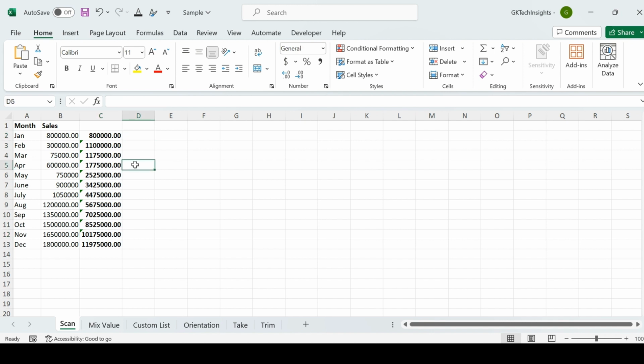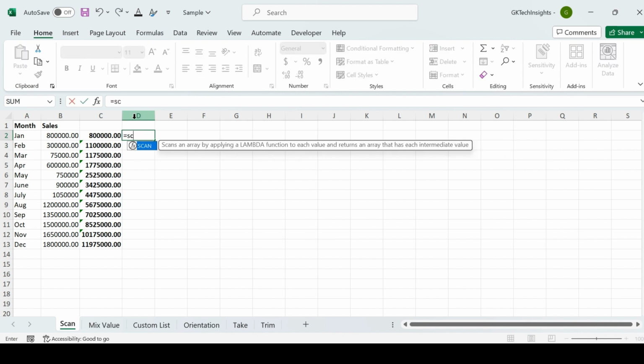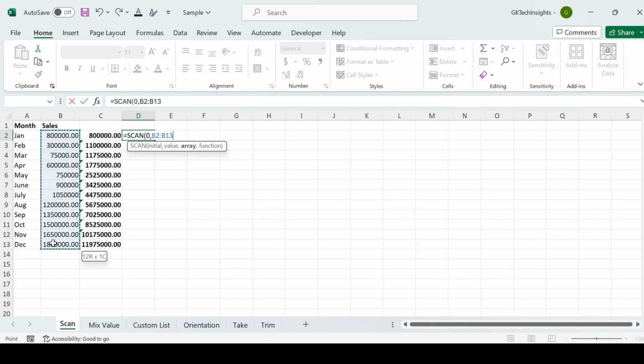Now there's another way also to calculate a running total here. And I'm sure most of them might not be aware about this. So what you can do is type equal SCAN, then enter value as 0 here, comma, then select your array, comma, then write LAMBDA,